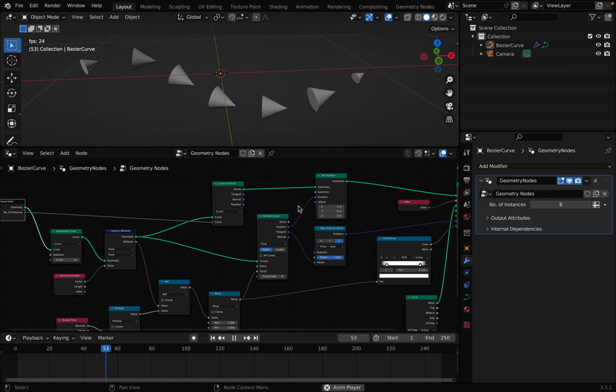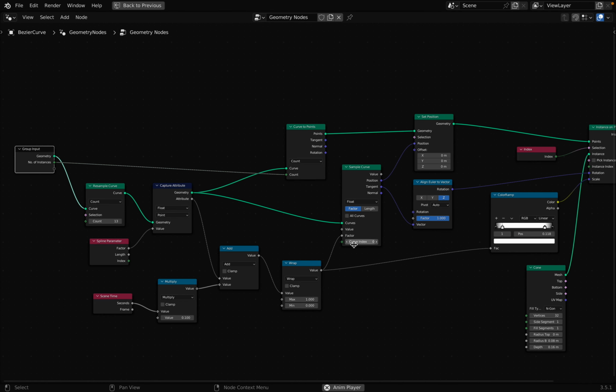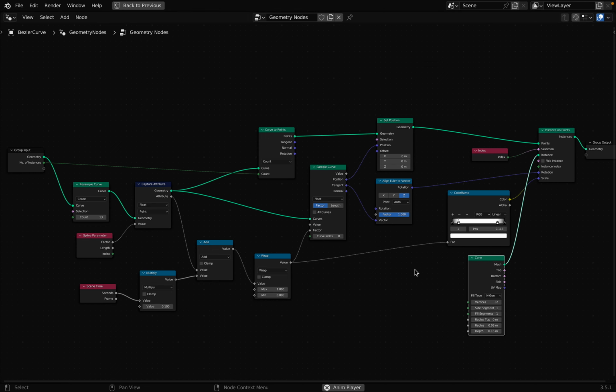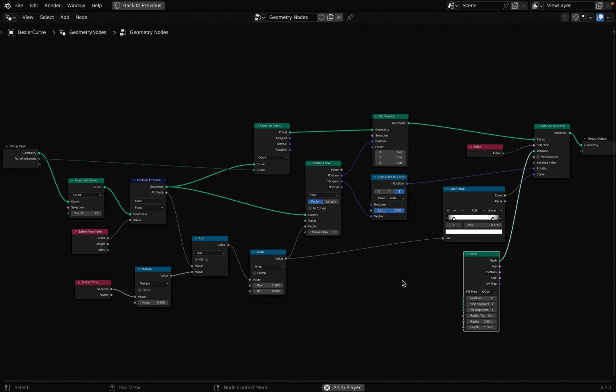And that's basically it. Here's the whole setup. If you want to pause the video right now and just recreate it on your own,